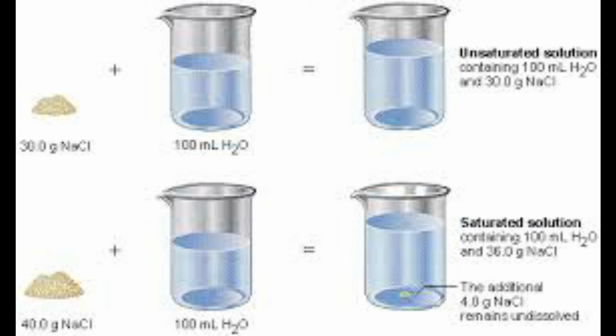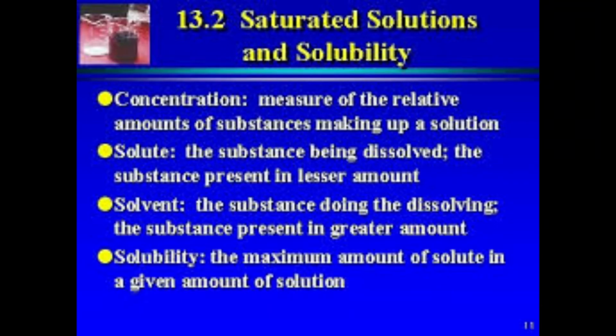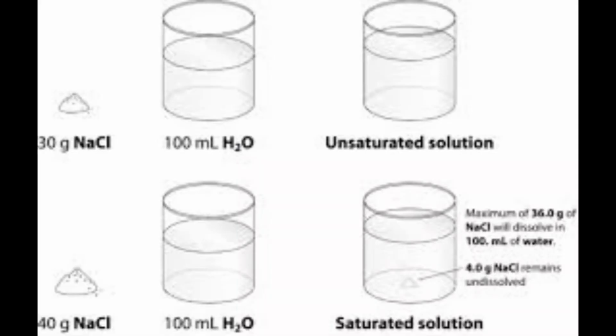If you heat it or cool it, and if you add some more and the precipitate or the salt is left over, then we call it a supersaturated solution. That is, if in a saturated solution, even on heating or on cooling, some of the solute remains undissolved in the form of solid crystals, then we call that solution a supersaturated solution.